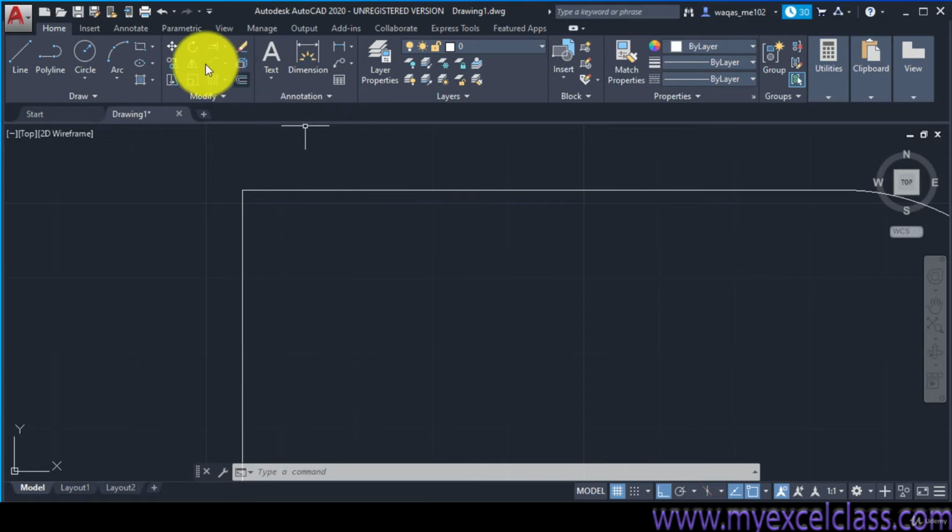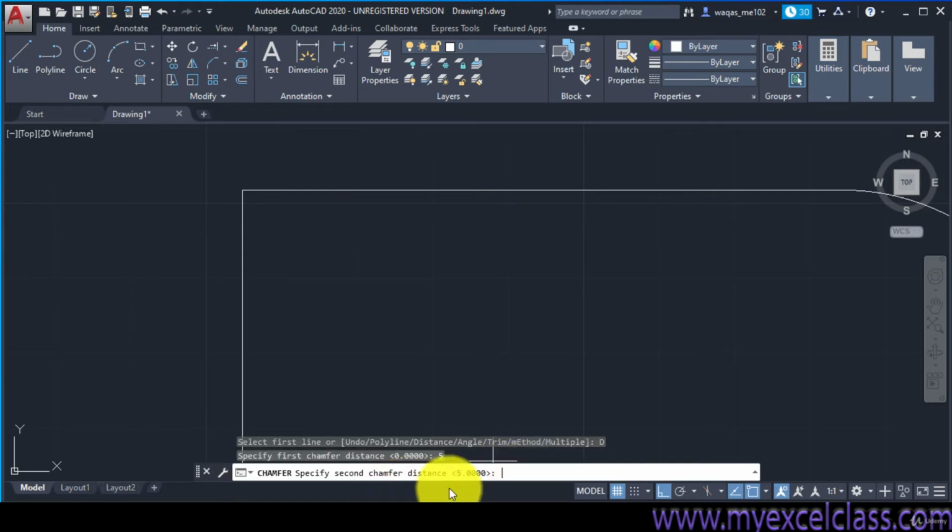So let's choose this chamfer command again. Select the first line or polyline, distance, angle, method or multiple. Suppose I click on the distance. Specify first chamfer distance. Let's say it's 5. Specify second chamfer distance, let's say it is 10, 2 times the first one.